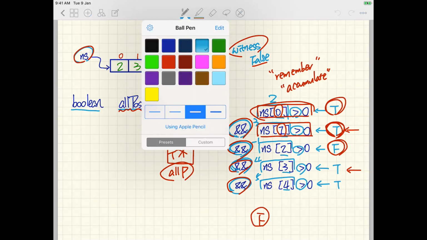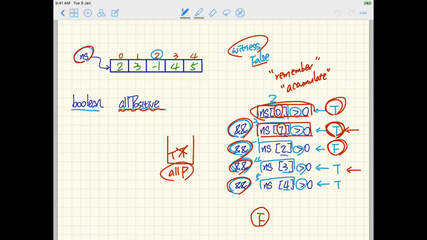So now we remember we actually set, let me use a different color here. Remember we set the initial value for all positive to be true. Okay, so now that means when we are trying to evaluate this particular expression, think about this particular long conjunction over here corresponds to exactly the 5 iterations we are trying to do. Let me try to do a little bit of demonstration to you. In the very first iteration, we simply say the initial value for all positive is going to be conjoined with the first